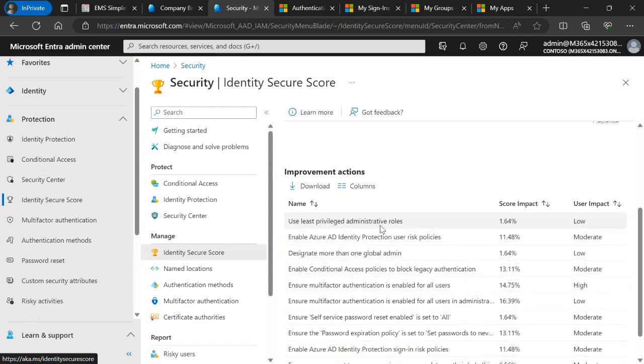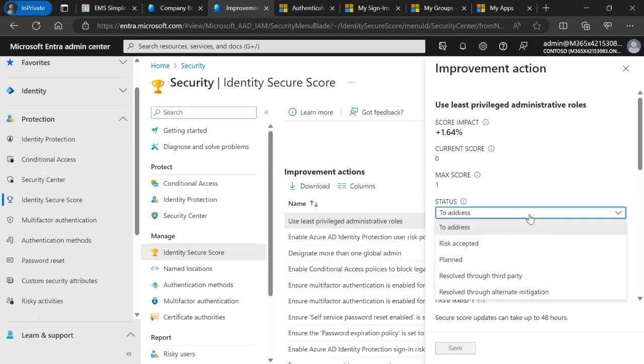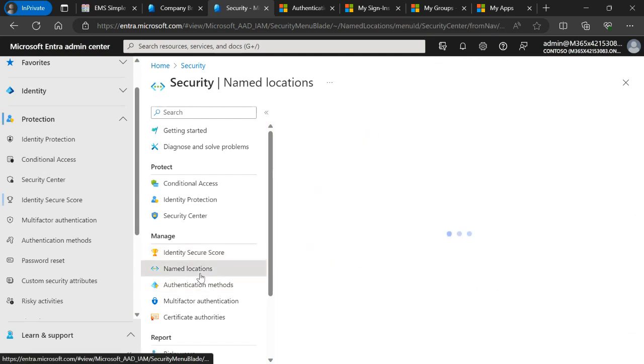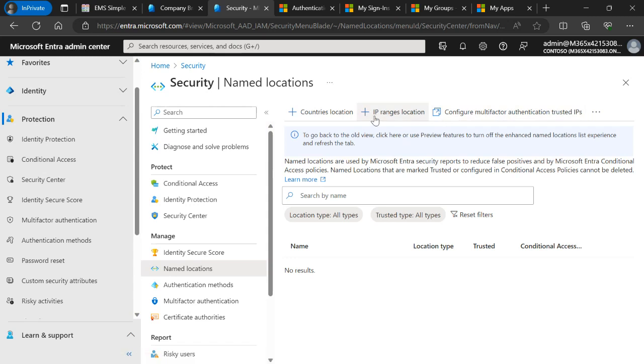Now you can actually click on those and say, I've remediated it, I've accepted the risk, etc. Okay. The other thing to do is make sure that you've set up your named locations. This is now going to become prevalent. So a lot of people have set this up for MFA, trusted IPs. But now with the global traveling environment and locations that people work from, it's worth having a think about